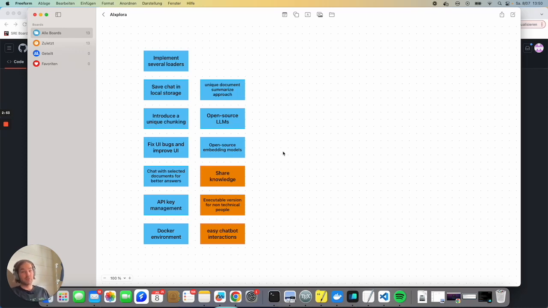I'm also happy to share with you our future features. For example, we want to make it possible to share knowledge. So if you have a friend and you share some documents, you can use one shared knowledge for all of you. Then we also want to build a